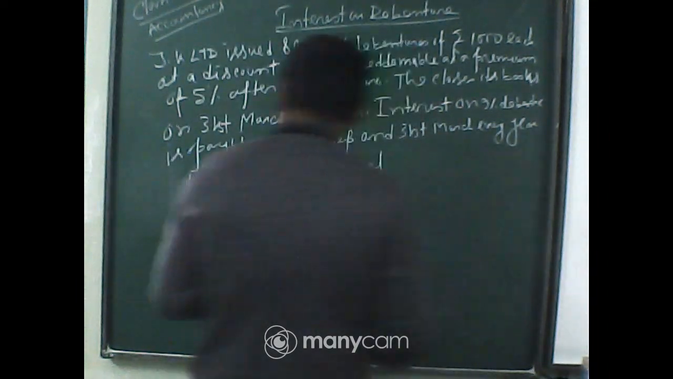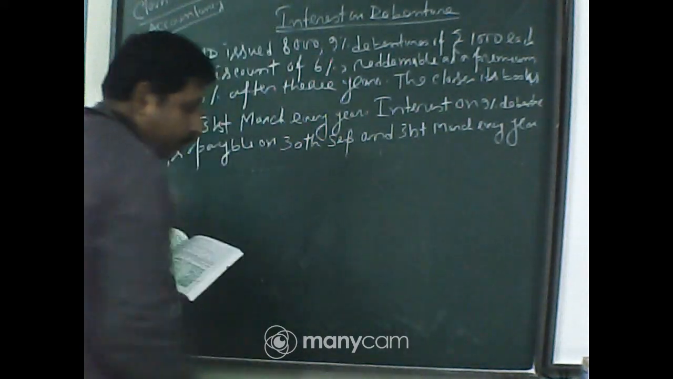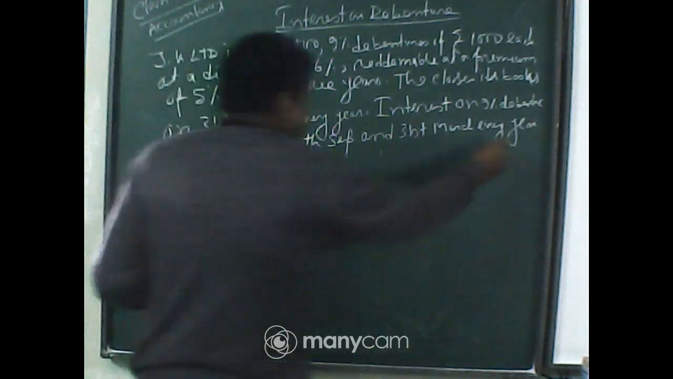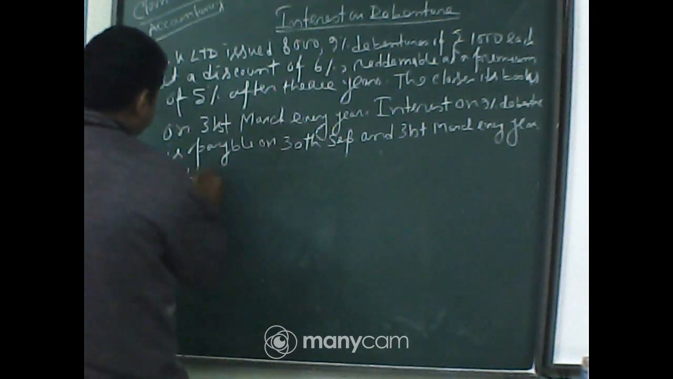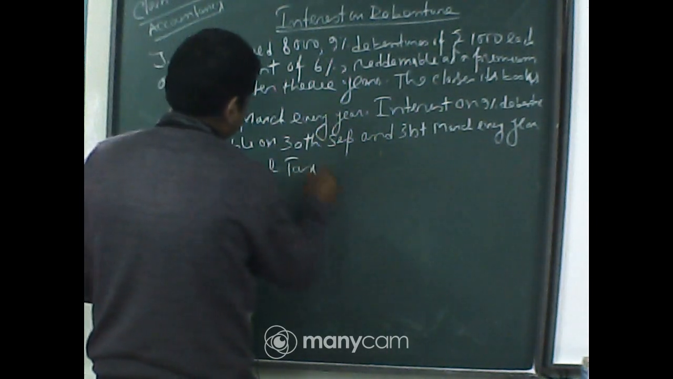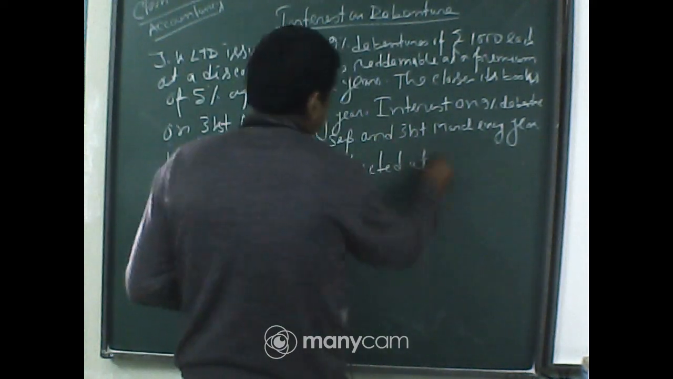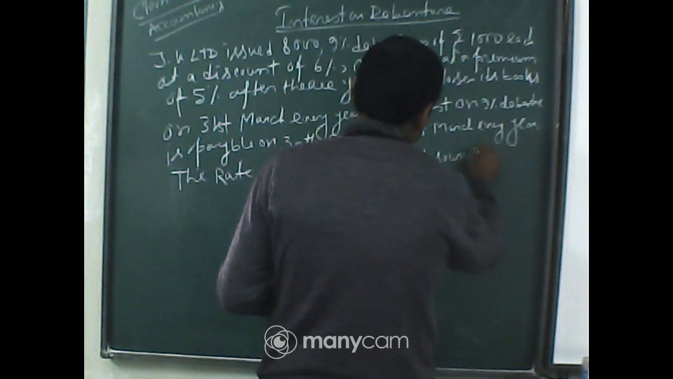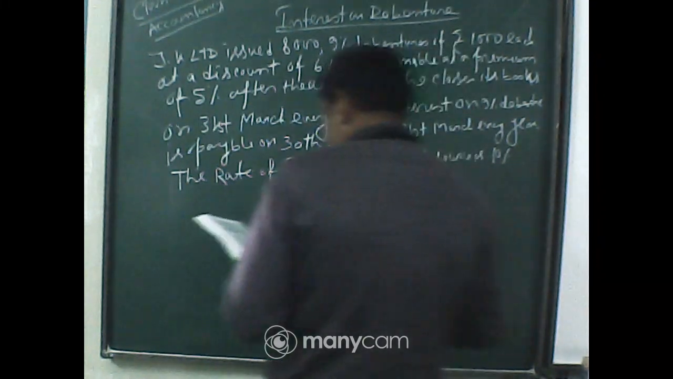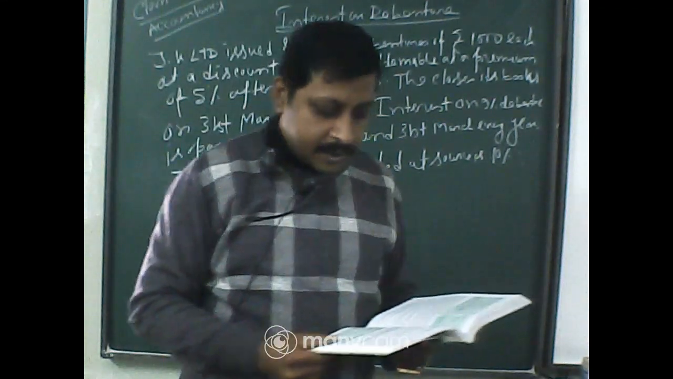Sorry, one thing they also said, that is what is the rate of TDS. The rate of tax deducted at source is 10%. Okay. Now, they will pass necessary journal entries for the issue of debenture and debenture interest for the year